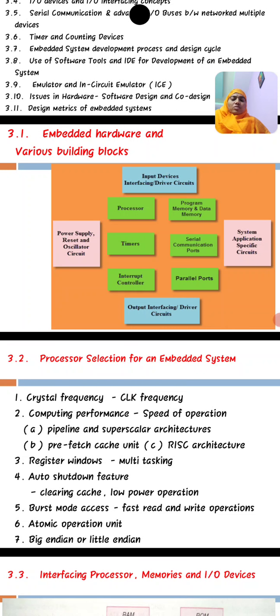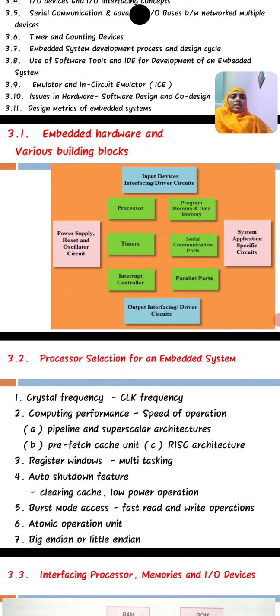So the first block is the power source. Various units in an embedded system operate in one of the ranges from 0 to 25 volts. Some blocks need 5 volts, some blocks need 0 to 3 volts, and some blocks need 12 to 15 volts. Whatever power supply each block needs, the power source will provide it.